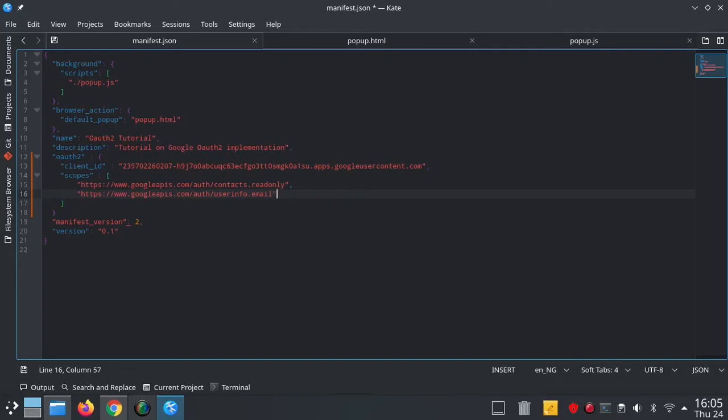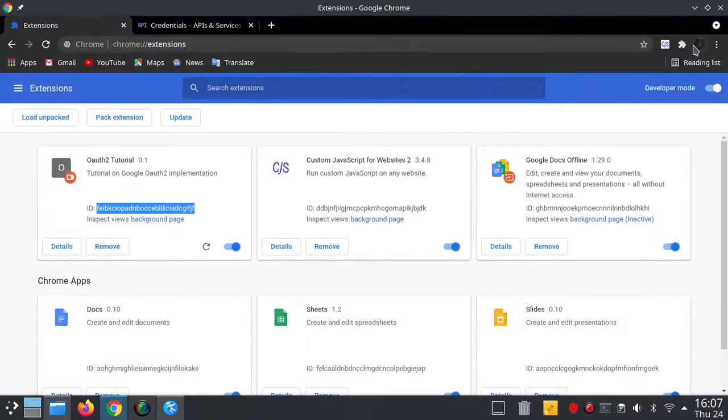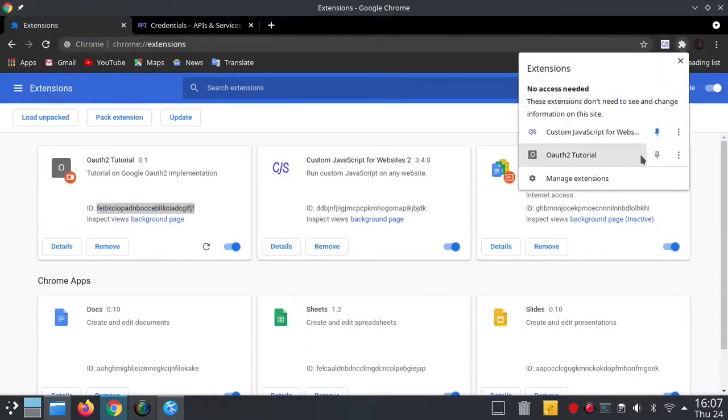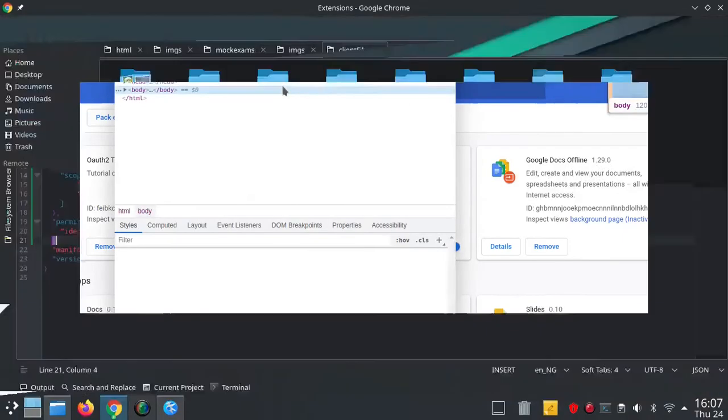And finally, you want to give your extension permission. The permission we are going to give it is the identity permission. So that's all for the manifest.json file. Now save the file and then go back to Chrome. Under Chrome, bring down the extension tab and then run your oauth extension. When you check the inspect console,